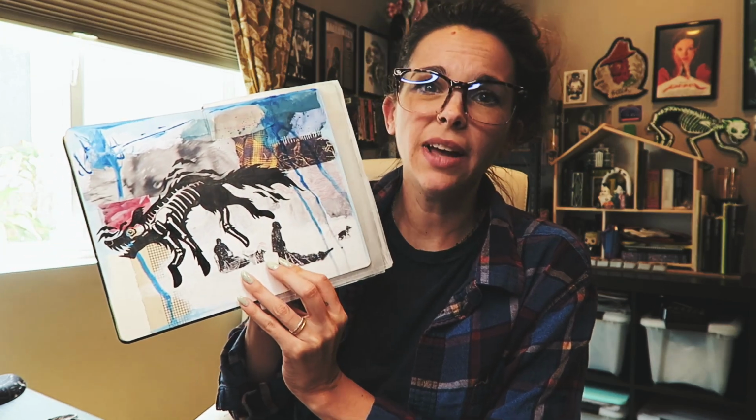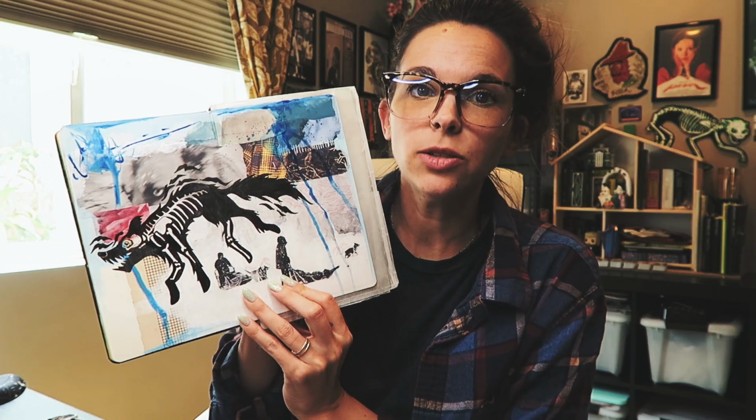So I have all the little fur bits still to add to it. Some other little ones down here. This still has a ways to go, but the illustration itself I'm happy with, and it is coming along, so I'm happy about that. I'll probably keep working on this, but I'm now very distracted because I am starving, and